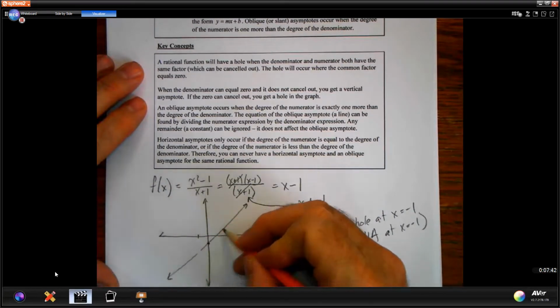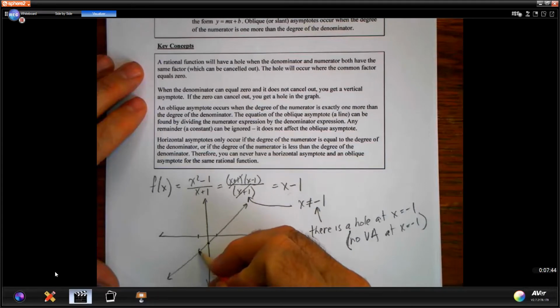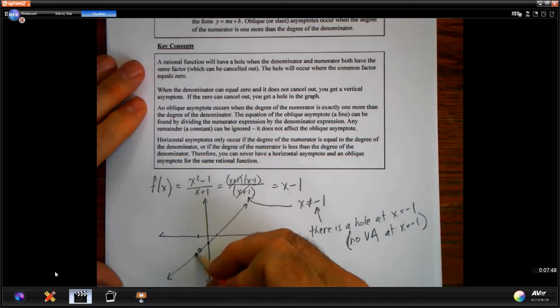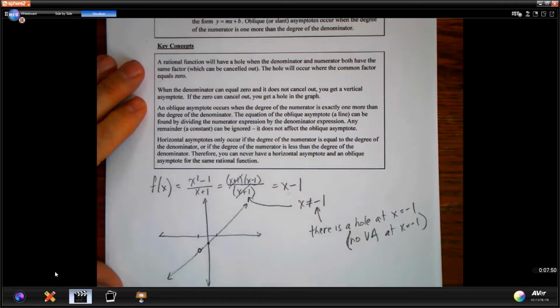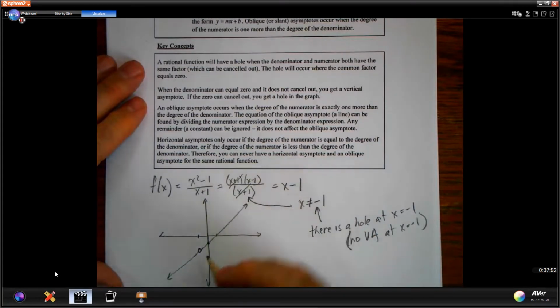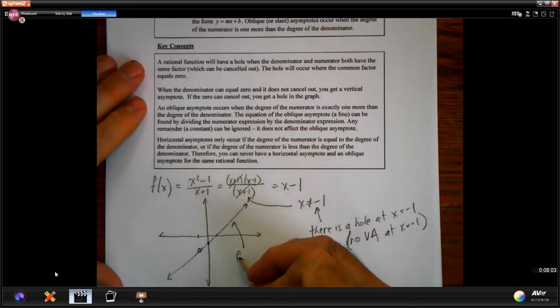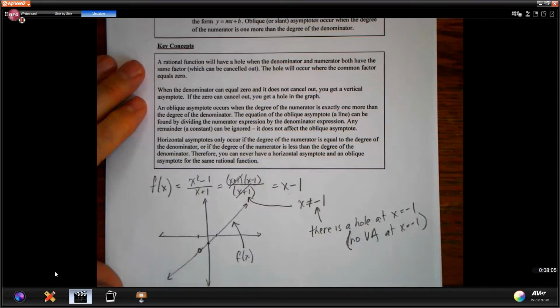Because at that point at -1, I'm going to have a hole. So I draw an open circle, which you should be familiar with because we've seen this before. That means there's no defined value there, but there is on every other point along this line. So that is a hole, and this is our f of x graph. It doesn't even look like a rational function in this situation,